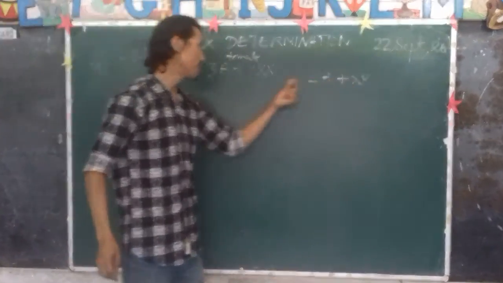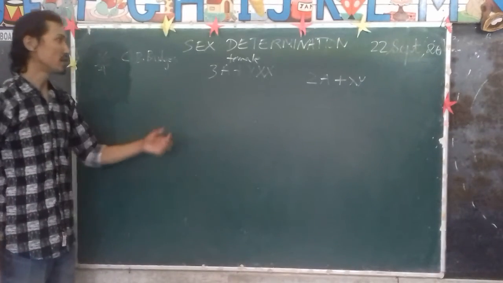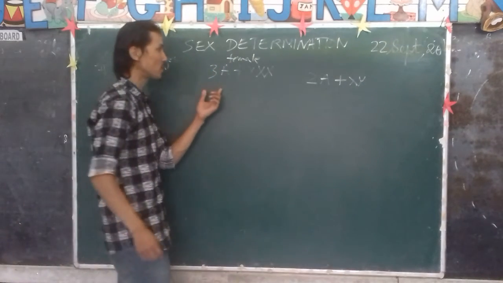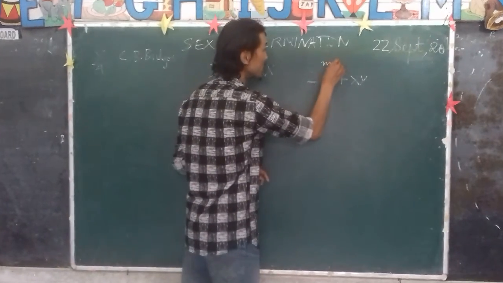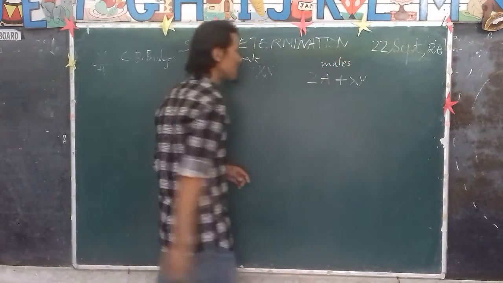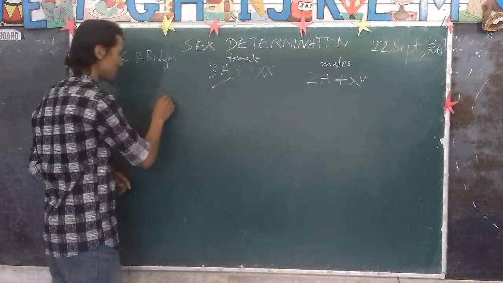Already I told you males have X and Y and females have only XX. But in this case, the female is a triploid. That means they have three sets of chromosomes, whereas the males have diploid. So from this, the gametes you will be getting are